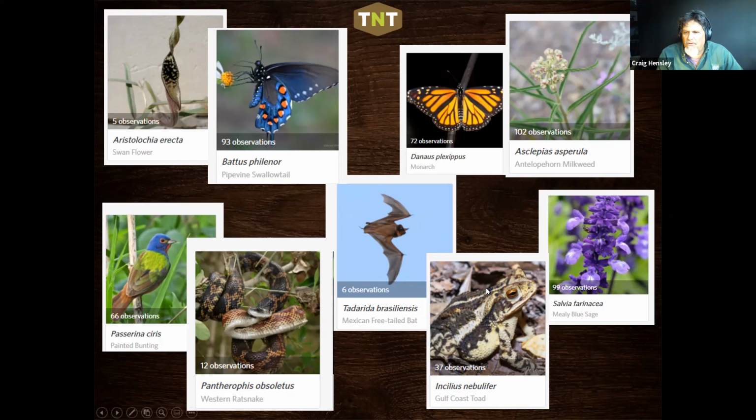And then of course we had the toad. Probably one of our most common toads around us is the Gulf Coast toad. We have lots of observations of that. And then one of the best wildflowers for pollinators in the area, the mealy blue sage, obviously was blooming at that time of the year as well. So just to give you an idea of the range of things that were found out there during the City